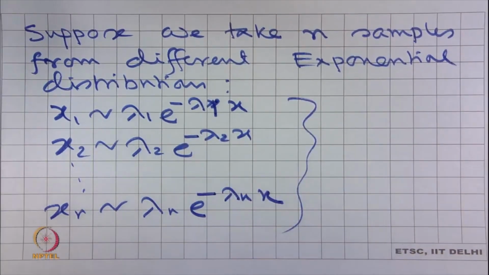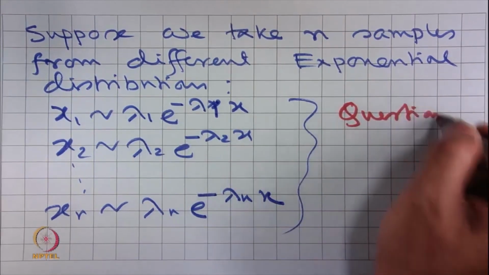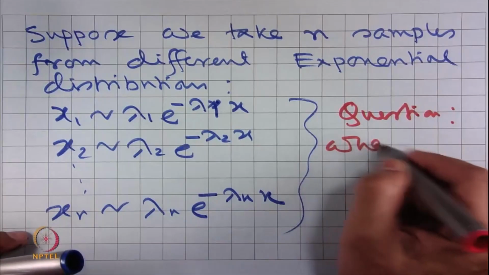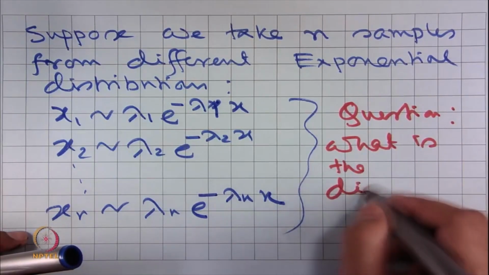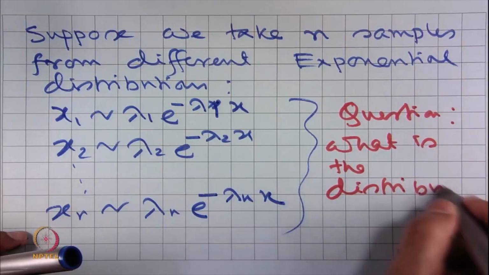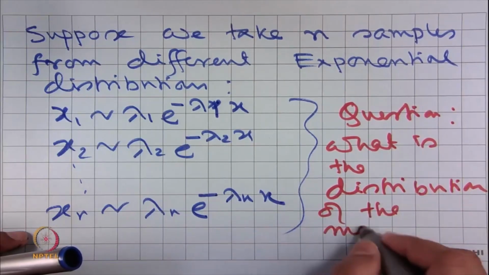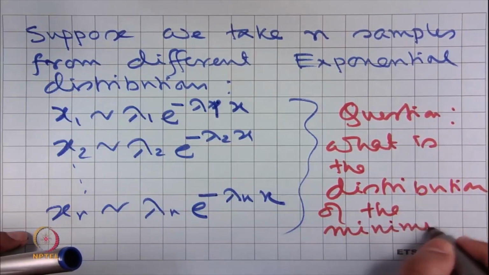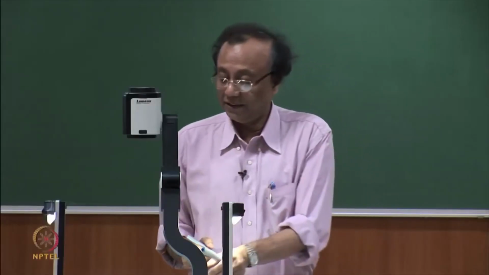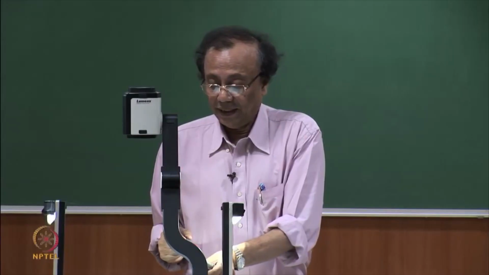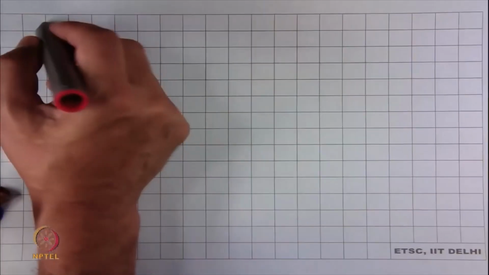The question is, what is the distribution of the minimum? This is not exactly coming under order statistics, but the idea that I gave will tell you that